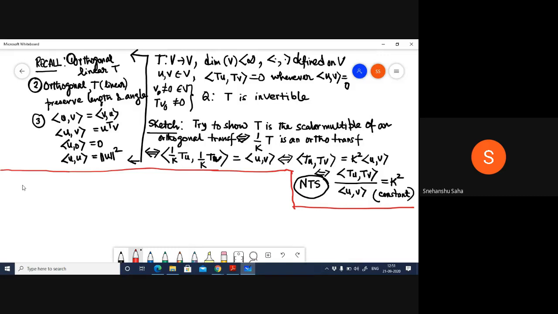Actually this is sort of equivalent to showing that the inner product of TU and TU over the inner product of U and U is constant. Okay, and that is where we should begin. So we begin to show that